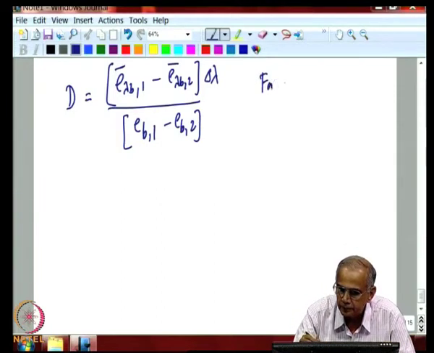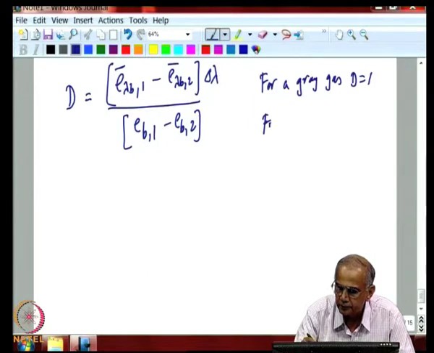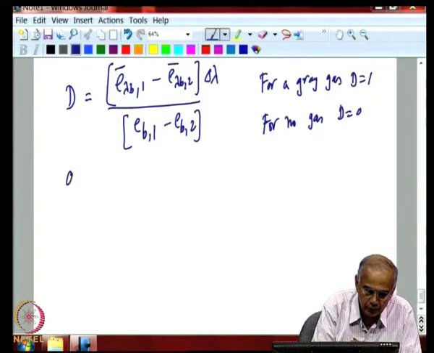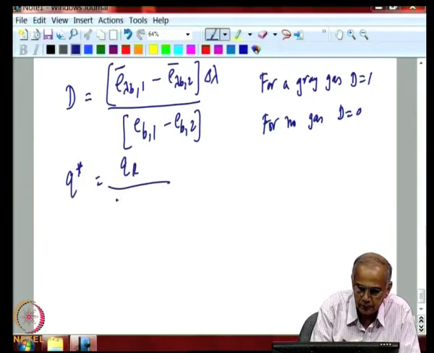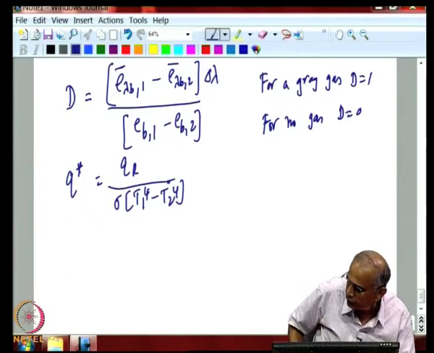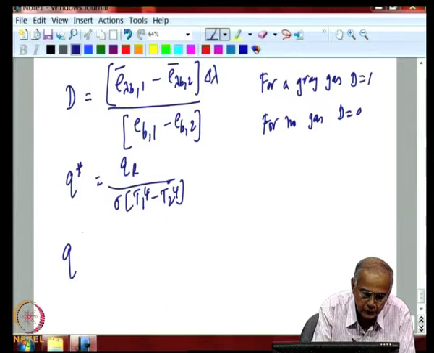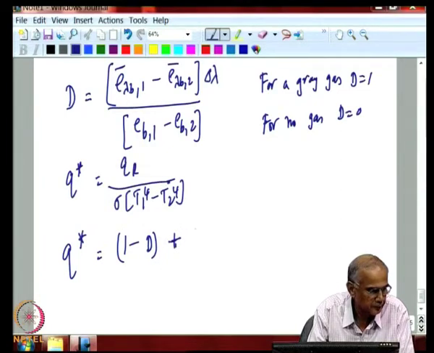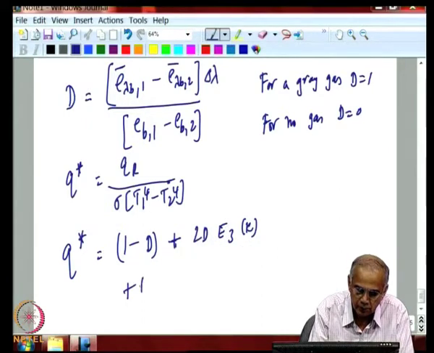For a gray gas, and for no gas, so with that we write down the expression for radiative flux, and as before we define Q star as QR, so this is a definition between two parallel black plates, and with that we get the expression for Q star as 1 minus d plus 2d E3 of kappa plus d